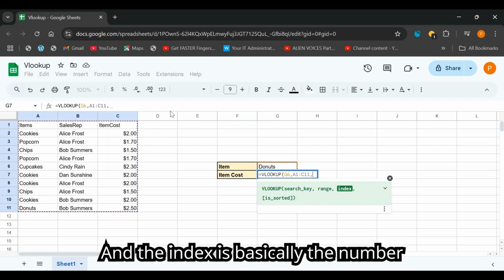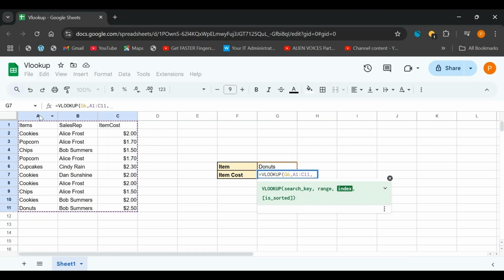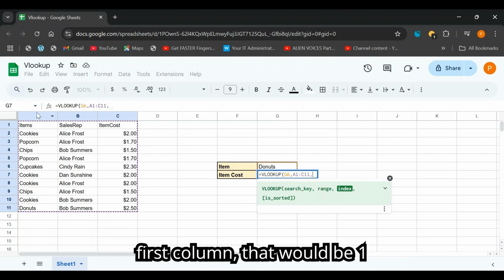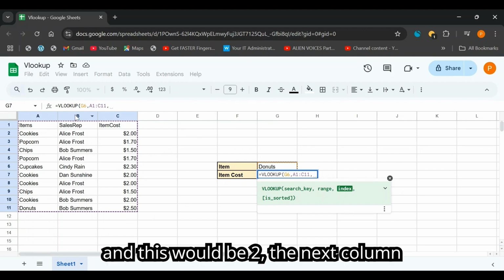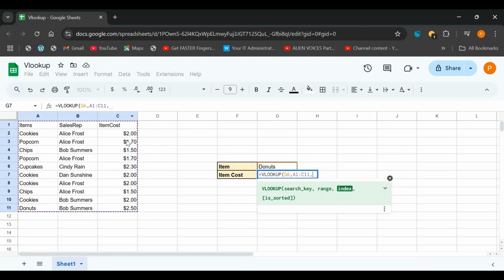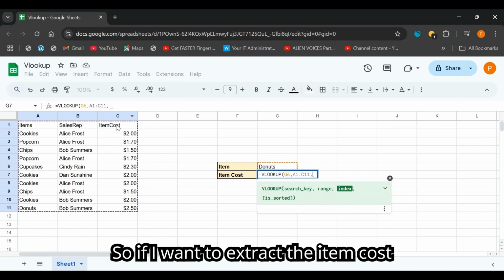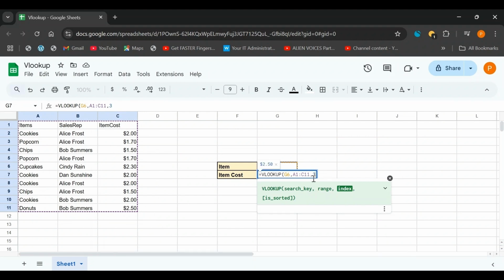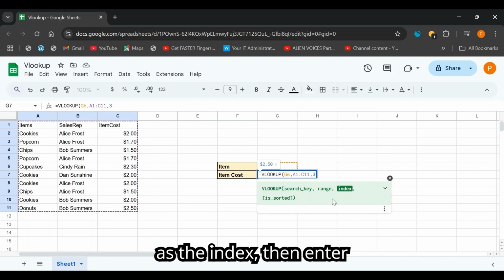And the index is basically the number of the columns. So since I selected donuts, which is in the first column, that would be 1, and the next column would be 2, and the third one would be 3. So if I want to extract the item cost from the third column, I'll enter 3 as the index,